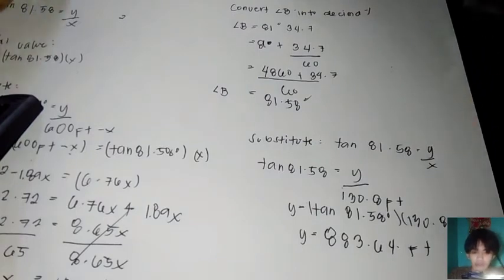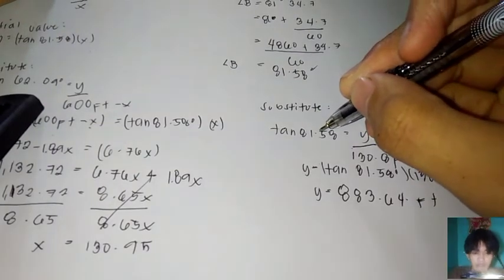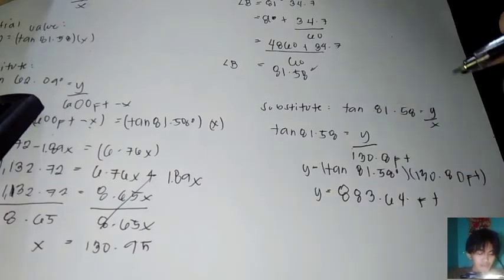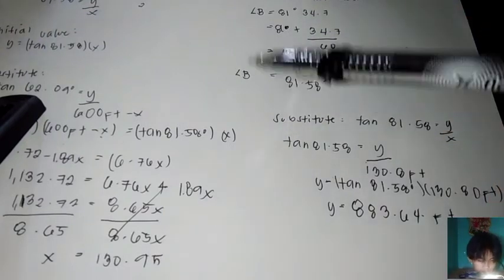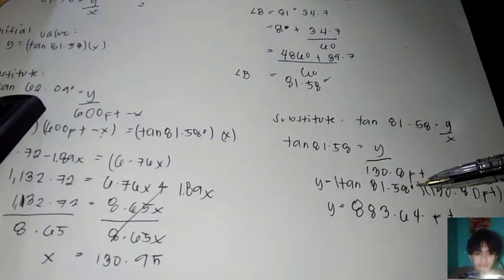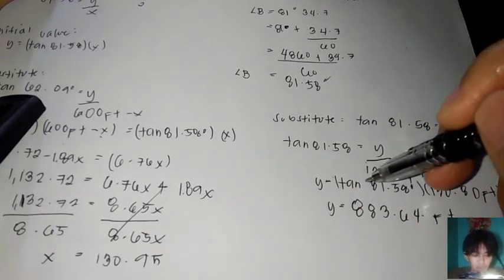So we got the y and the x. So we have tan 81.58 equals y over x, which is 130.80. Let's multiply the tan 81.58 to 130.80 feet. So we have y equals